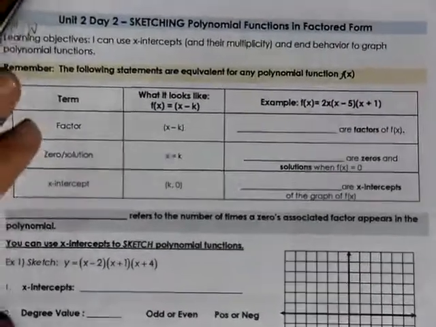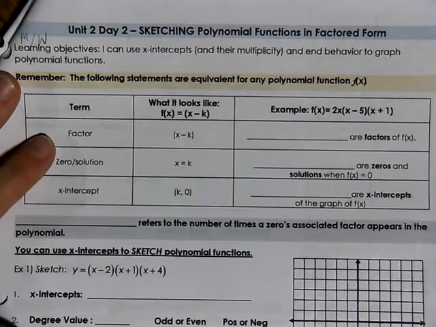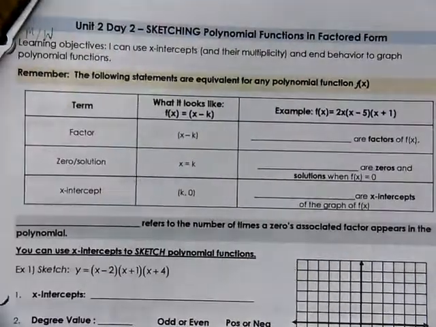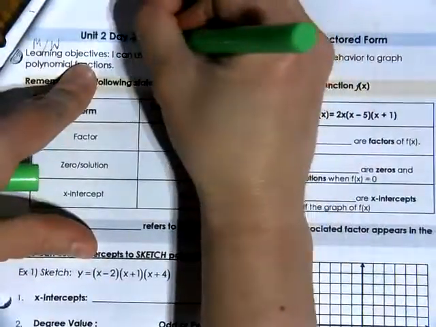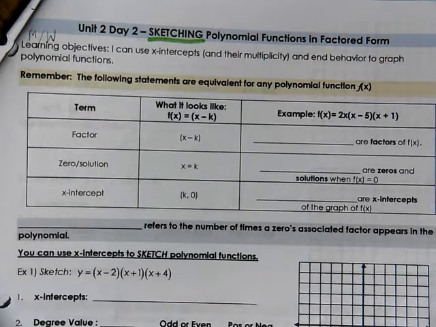Hi everyone, for today's lesson, we are going to learn how to sketch polynomial functions in factored form. The key word here is sketch. Graphing means that you know exactly the ordered pairs to plot throughout the whole entire graph. However, sketching means that you'll make a general graph of what it in general would look like, but it's not